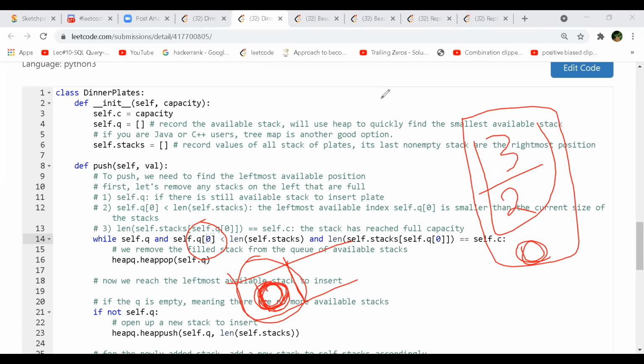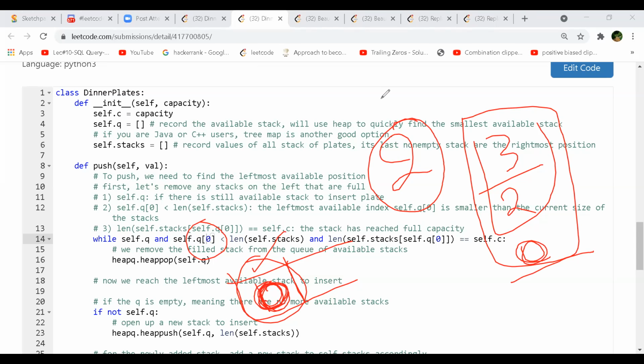The numbers are different, right? Let's see, length of stack. Okay, so length of stack is the complete length of the stack when they are all full. No, no, listen. If your stack capacity was 2 and you filled in 1, 2, and 3, 4, so you have stacks completely full, right? Now when you are actually going to push in, your stack index should be 3.